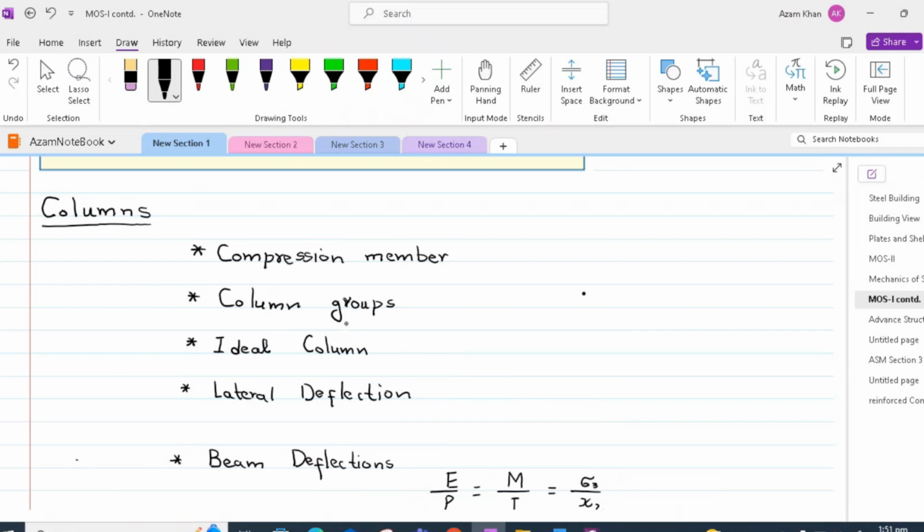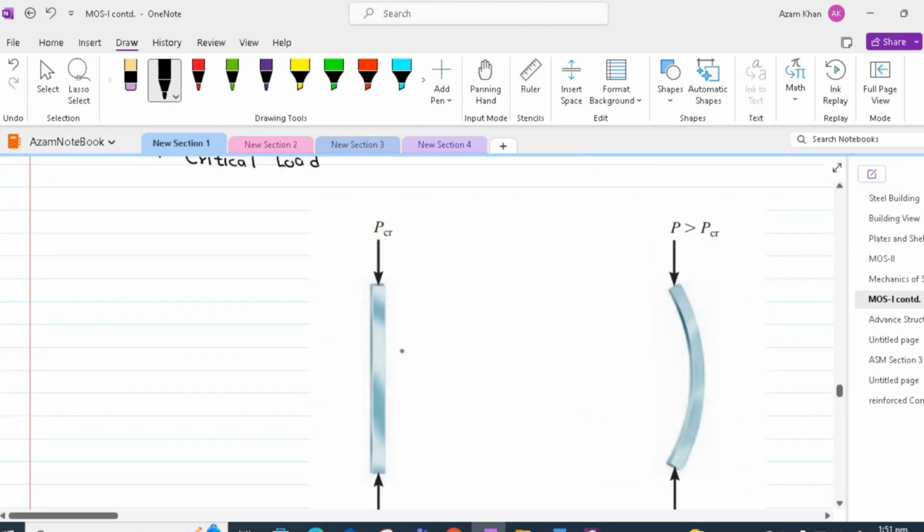Let us now discuss columns or compression members. A column is a compression member that is so slender compared to its length that under gradually increasing load, it will fail by buckling. And these buckling loads would be considerably less than those required to cause failure by crushing. So, if we have got a column that is subjected to some loading,